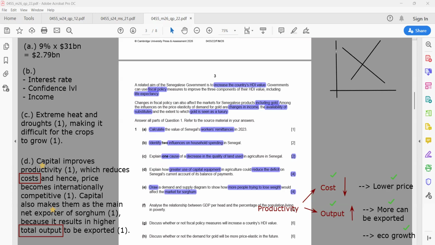And make sure you label everything. Okay, so I'm using mouse to annotate, so a bit slow. Price. Okay, if you forgot what is price, you put dollar sign. Price. Okay, this is the origin. This is your quantity. This is your demand curve. And this is your supply curve.